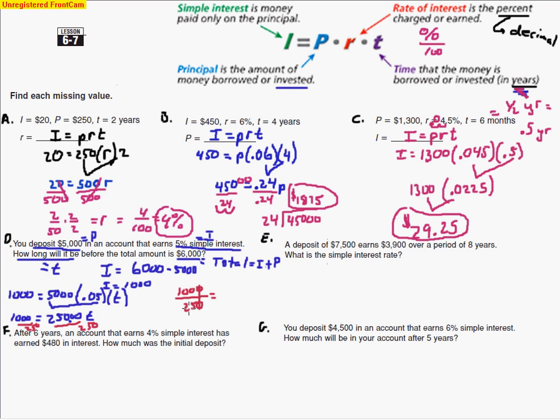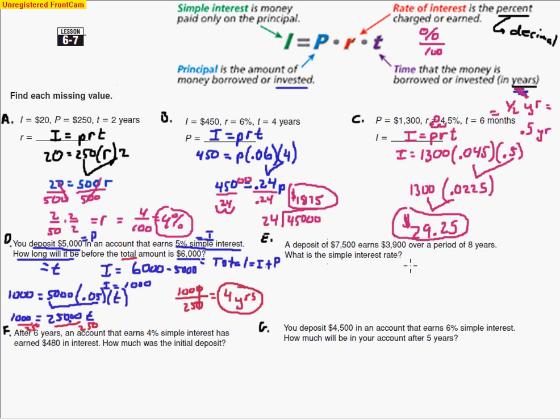How many quarters make $1? Think of 100 pennies here as $1. Well, that's just 4. So there it is. 4 years. That's the amount of time it's going to take me to have $6,000 total. So remember, if they say total, that's not the interest. That's not the principal. That's the interest plus the principal. So 4 years there. Well, the next one, a deposit of